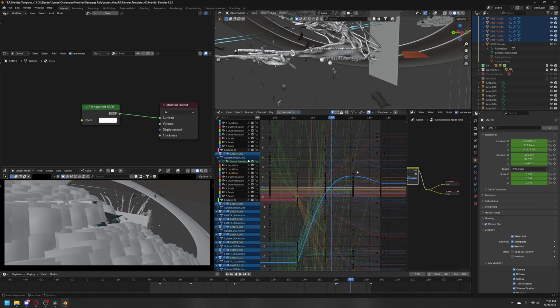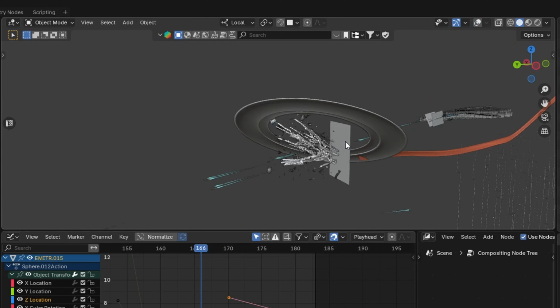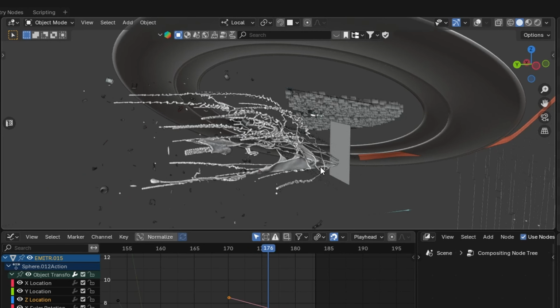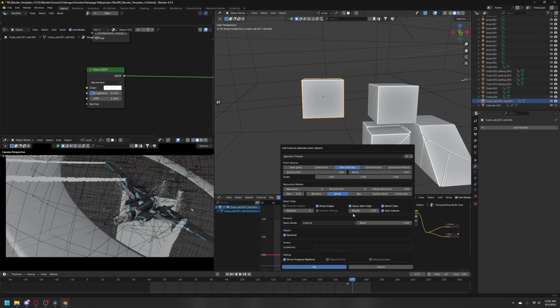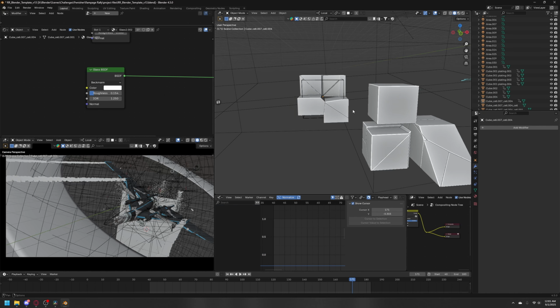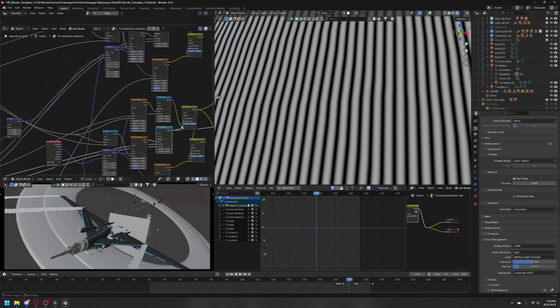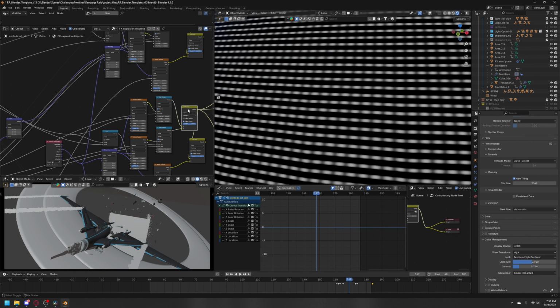Using those as the fluid inflow sources, I ran the sims until I got a nice look, and enabling sheeting was very helpful for this look. The particles are a couple glass cubes broken up with self-fracture to emit from the same spheres for the fluid sim. The first layer of the explosion shockwave is made with wave nodes multiplied together to make an adjustable CRT